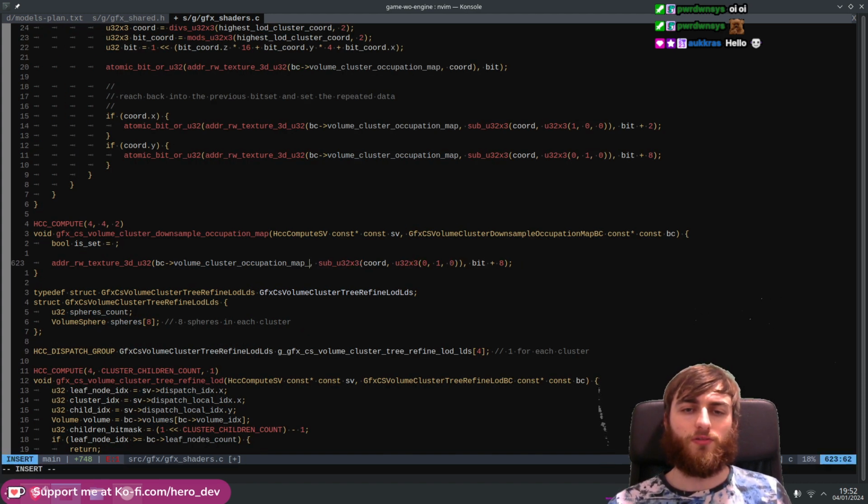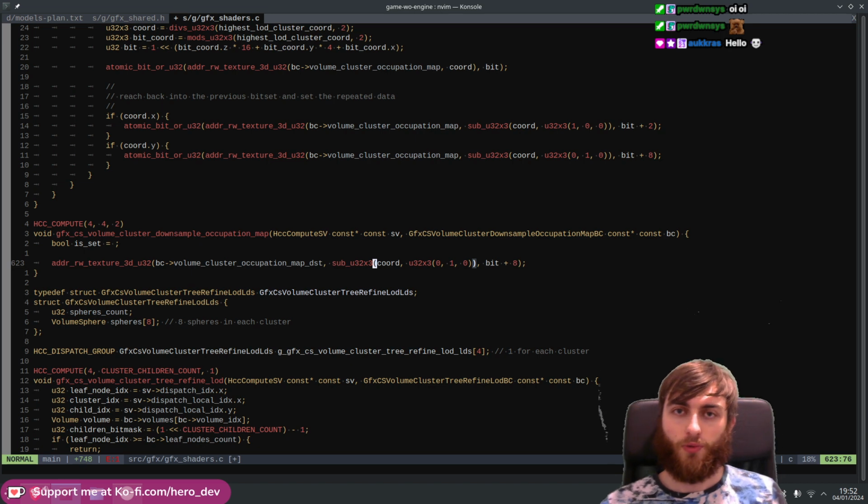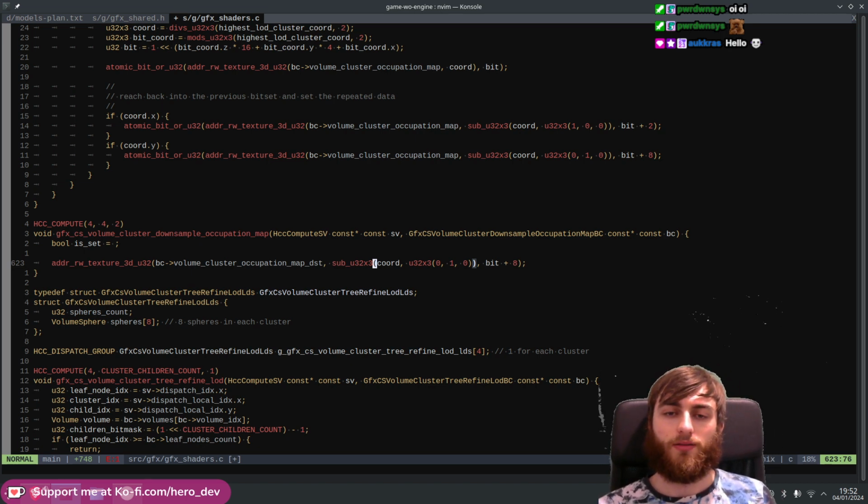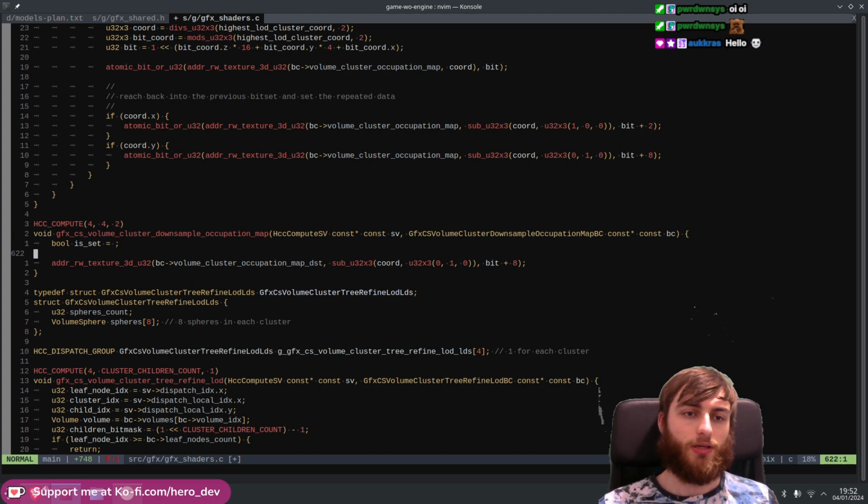Sorry, destination, obviously. We'll be writing into... So each wave gets a bit set. Each thread within a wave gets a bit, right? So the coordinate is going to be